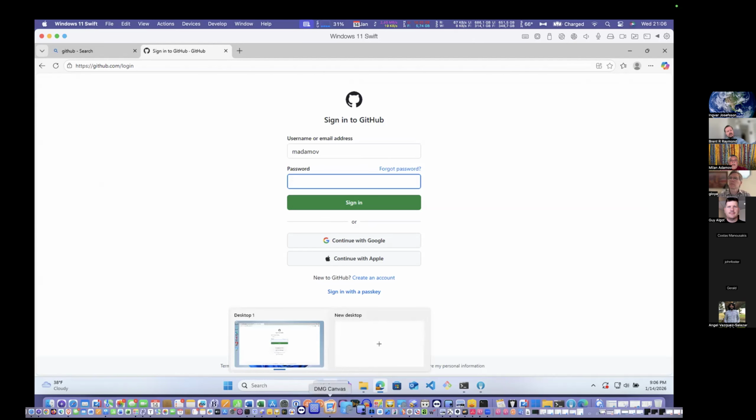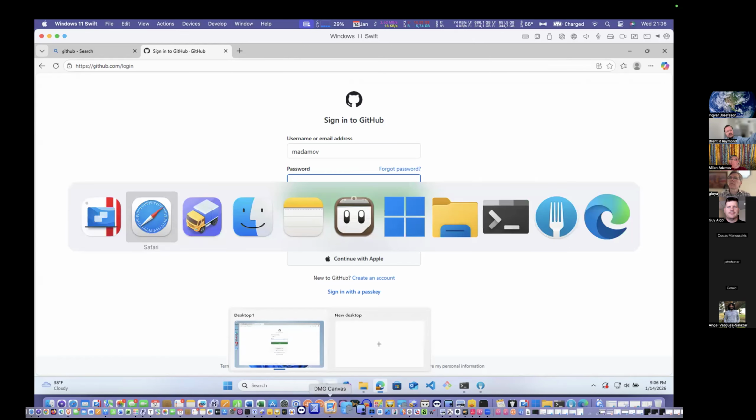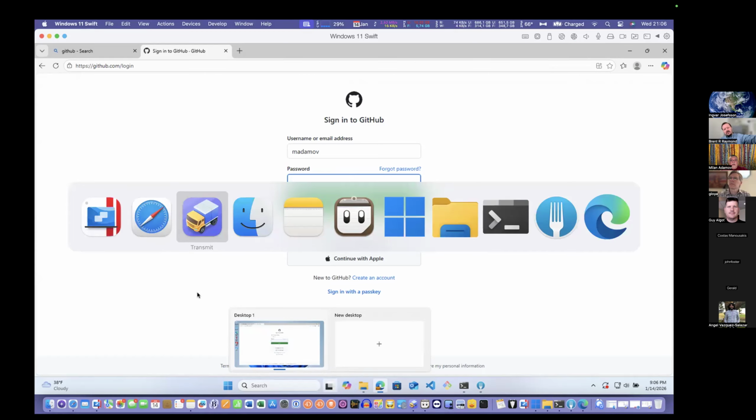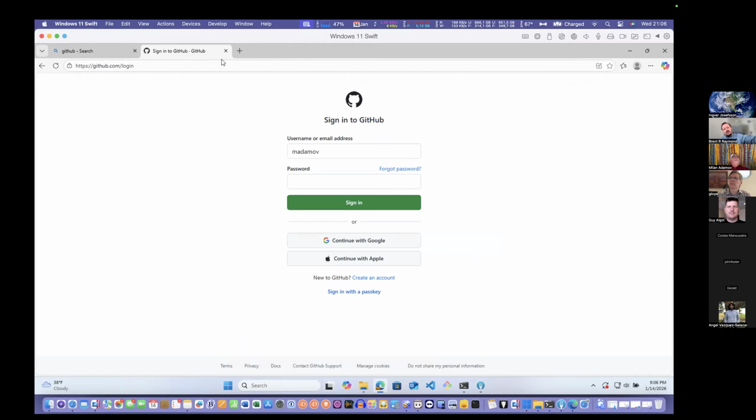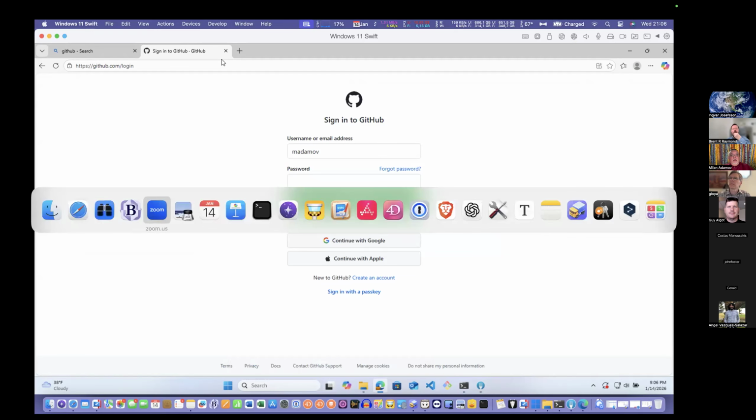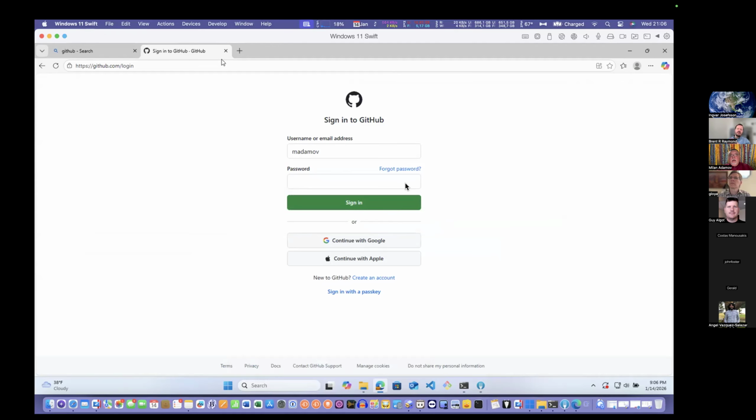What did I sign it? Where is my 1Password now? 1Password not there, but on this computer. GitHub.